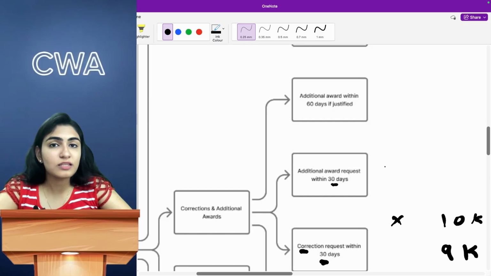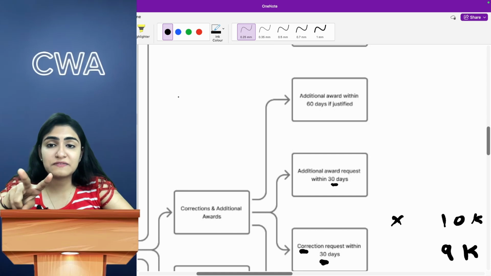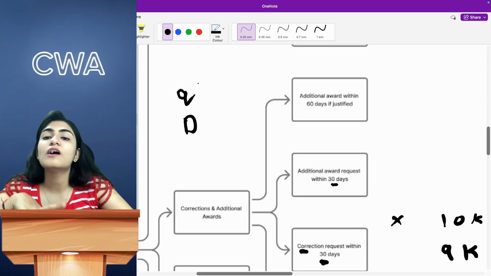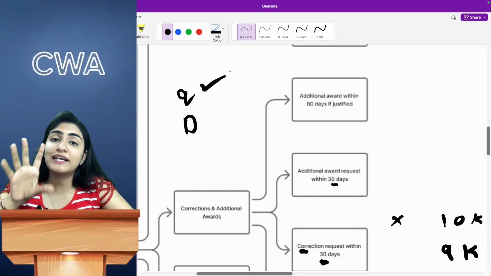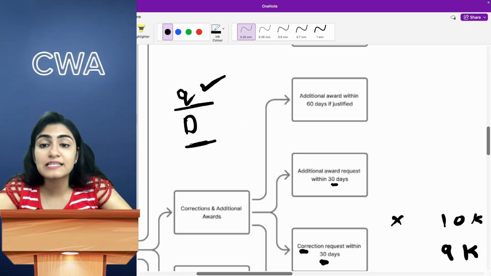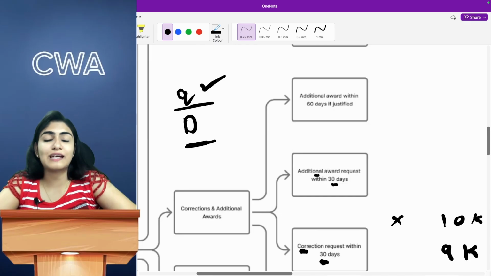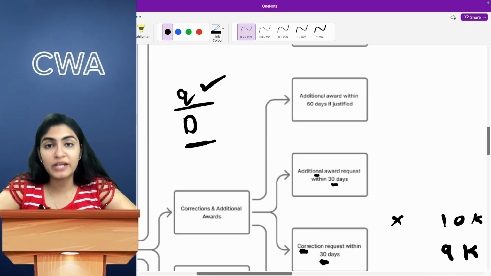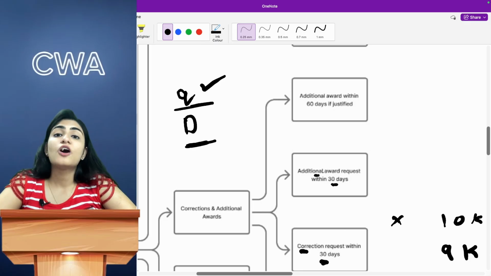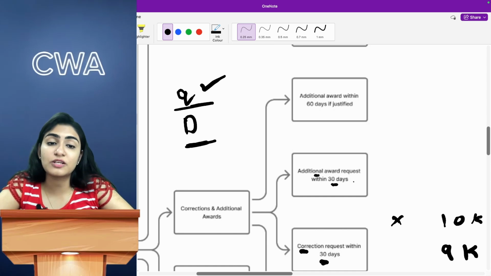or an additional award is requested within 30 days. So let's say the proceeding happened, and in the proceeding two things were discussed, something about quality and something about delivery also. The award is granted, however it covers only the quality part, and the delivery part is not covered. In that case, the delivery part can be asked for as an additional award. They can go to the tribunal and say that this part is still pending, can you come to a final conclusion and give us an arbitration award on the delivery part as well. That award can also be requested within